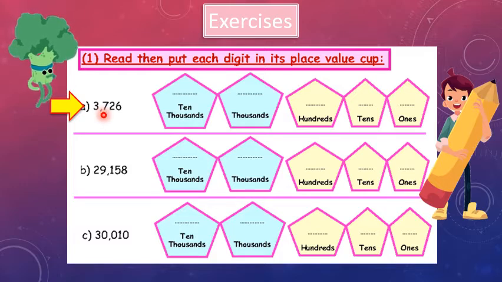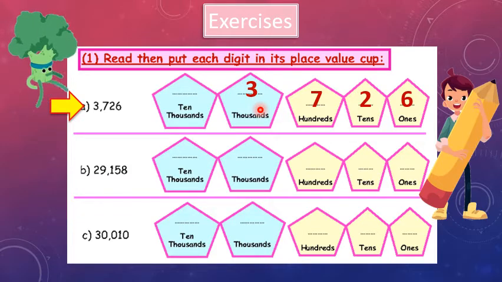Then read the number to the left of this comma, which is called 3,000. 3,726. Then put our digits in these cups, beginning from the ones place. 6 in the ones place, 2 in the tens place, 7 in the hundreds place, and in the thousands place we put